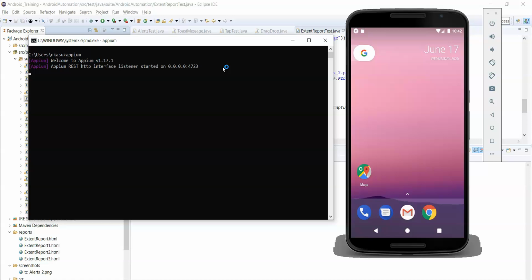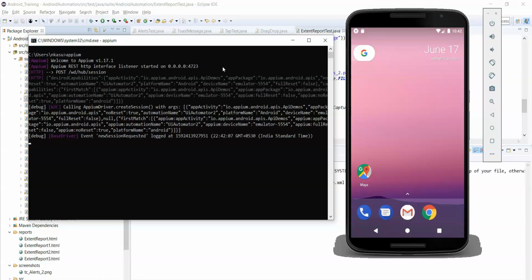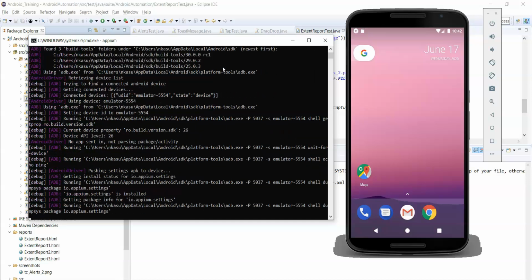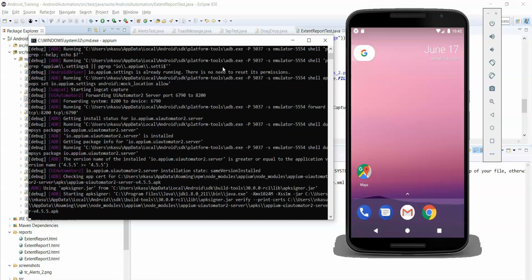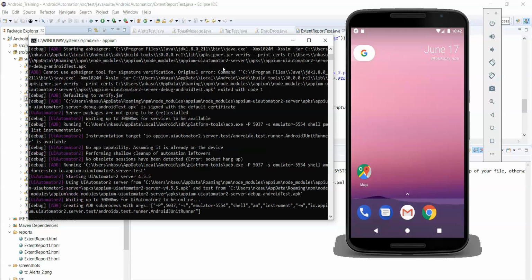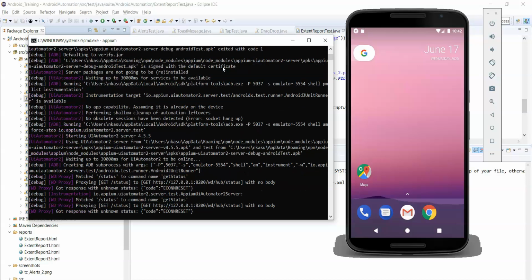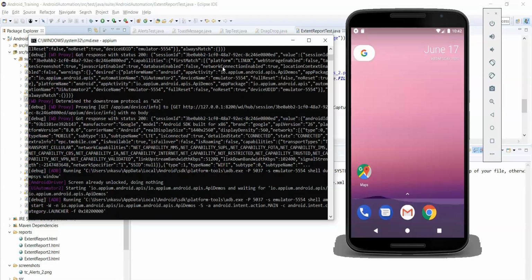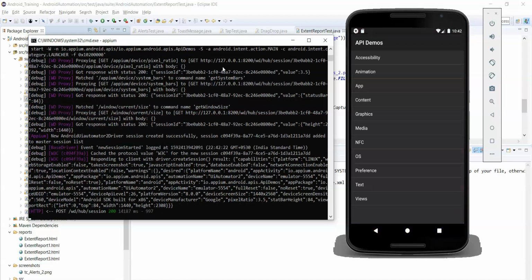So this time in your extent report, there will be a category section at the header section with three categories: sanity, functional, and regression. So you can filter those test cases based on your category name.